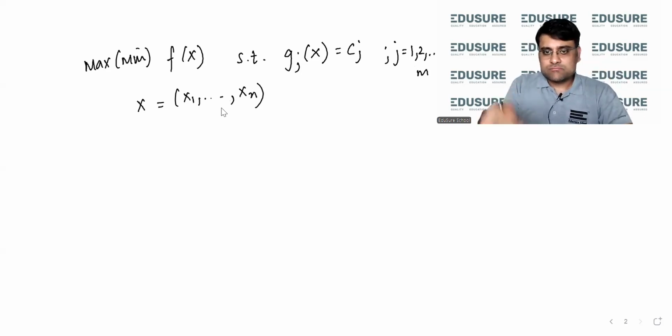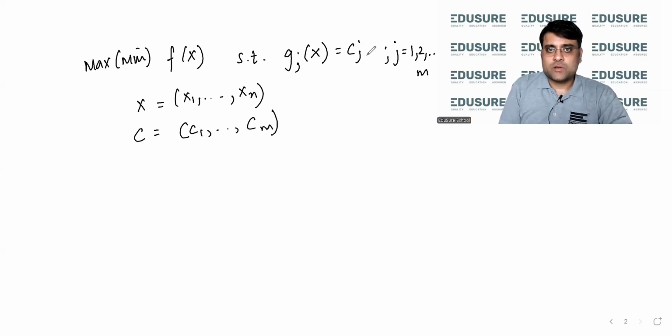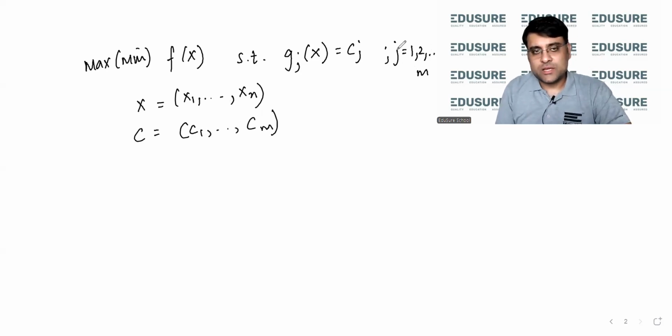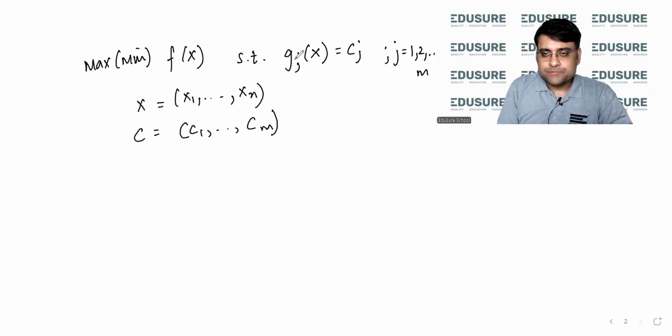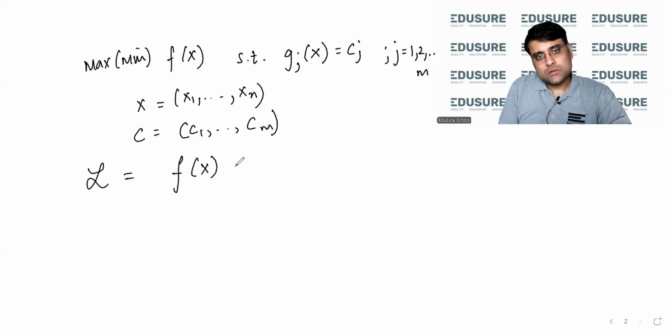And obviously I'm putting all this in terms of a vector. So this x is supposing x1 to xn. There are n variables in terms of x. And going forward, I'll also consider that c is a vector which is c1 up to cm, right? c1, c2, c3 up to cm. So when I put it in terms of a Lagrangian, the Lagrangian basically would look like this: f(x) minus the sum of lambda j times g_j